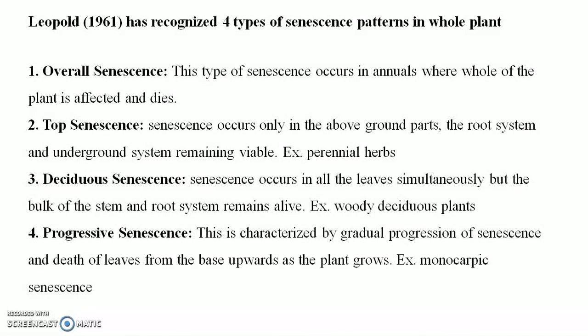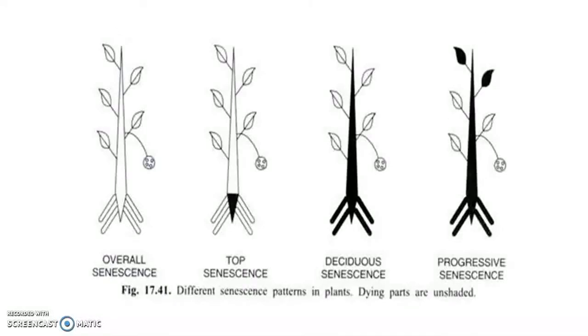Third is deciduous senescence. In deciduous senescence, all leaves senesce simultaneously, but the bulk of the stem and root system remain alive. Example, woody deciduous plants. Fourth is progressive senescence. It is characterized by a gradual process of senescence and death of leaves from the base upward as the plant grows. Example, monocarpic senescence. Now, as in the diagram, in overall senescence,